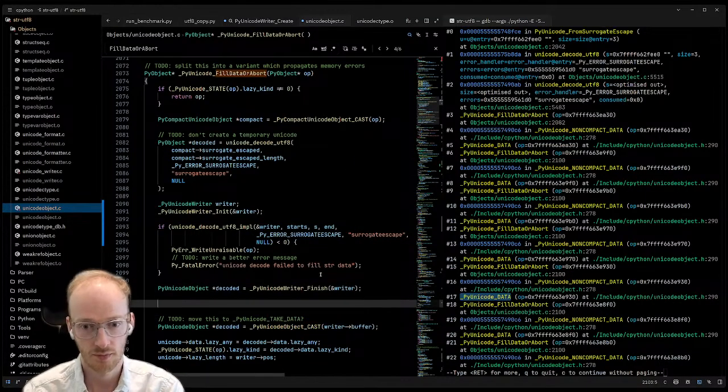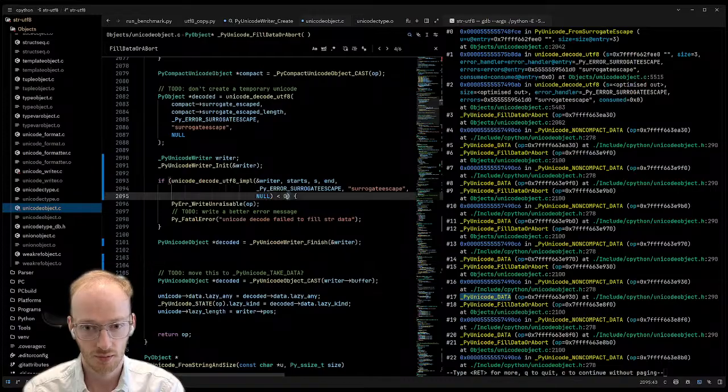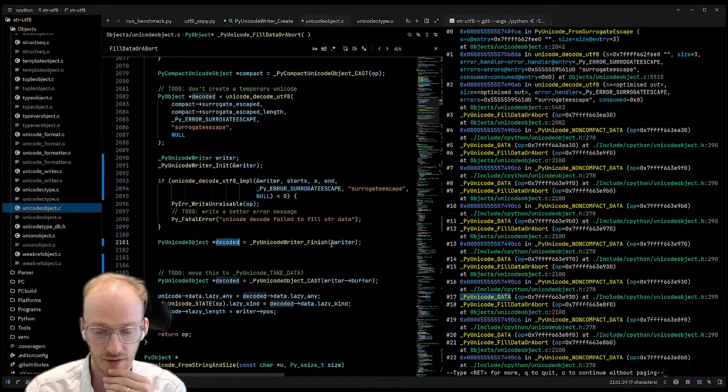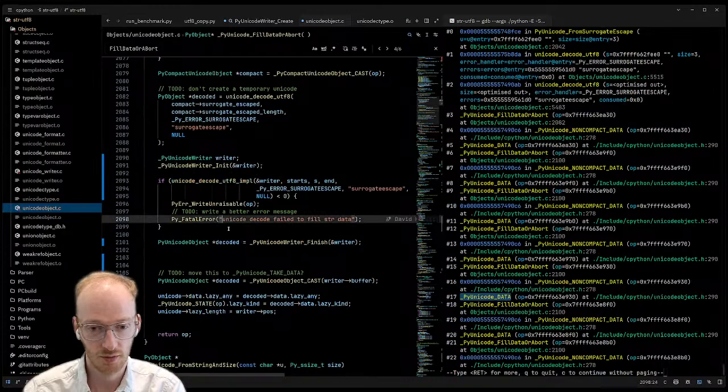Well, that will give us a strong reference to the decoded object and I think we need to throw it away anyway, right? So yeah. I think this is what we want.